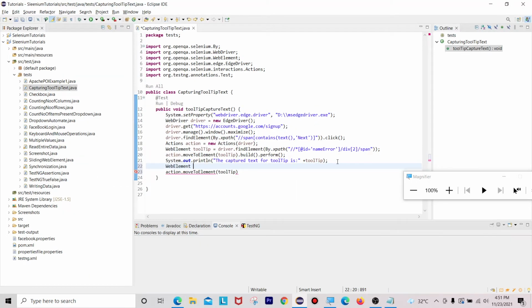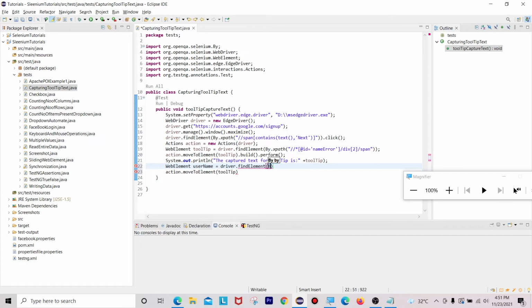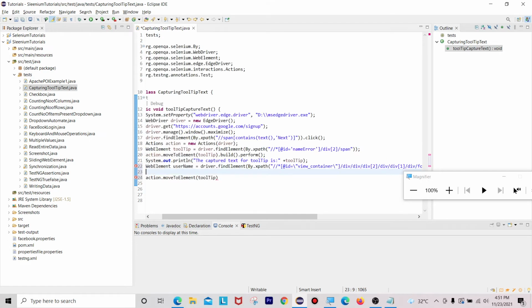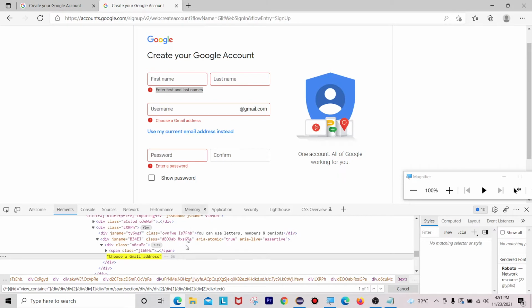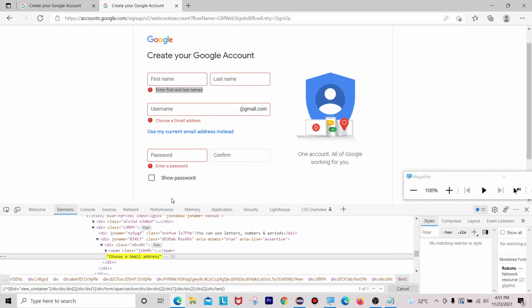WebElement username equals driver.findElement(By.xpath(...)). This is our XPath for that second tooltip. Let me remove these double quotes and insert only a single quote. Now take this XPath and use it inside our class.